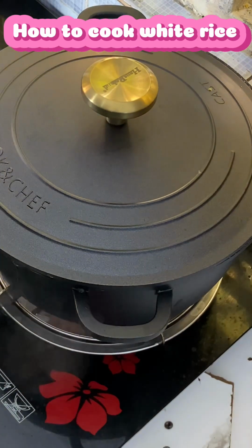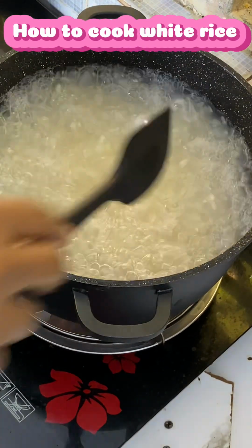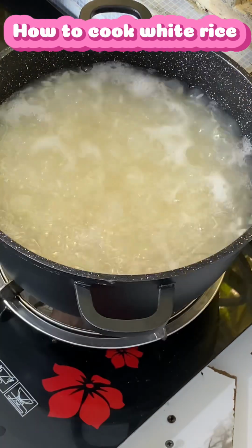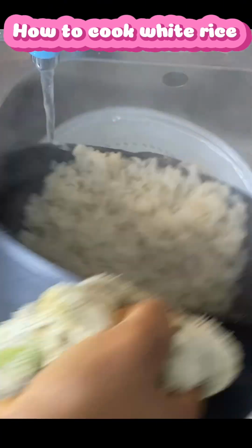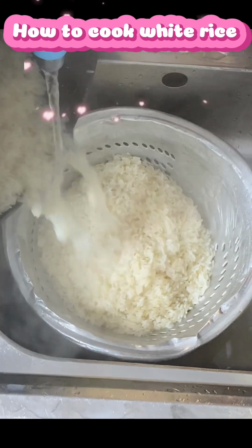This is what happens when you cover your rice completely. Anything that has starch, when you cover it completely, it makes some kind of a mess because it spills and it spoils the bottom of your pot where you cook your cooker. So you don't want to do that. Once your rice is parboiled for at least 7 to 10 minutes,